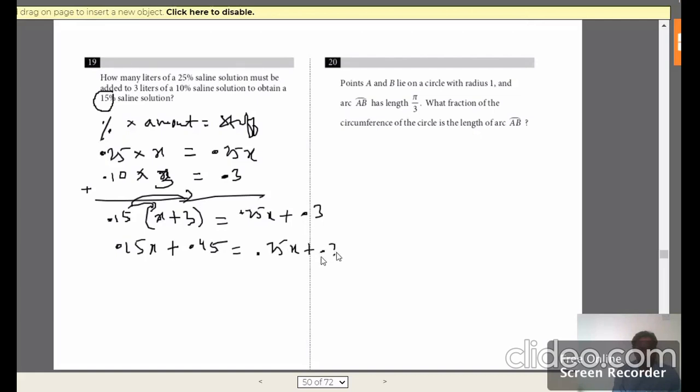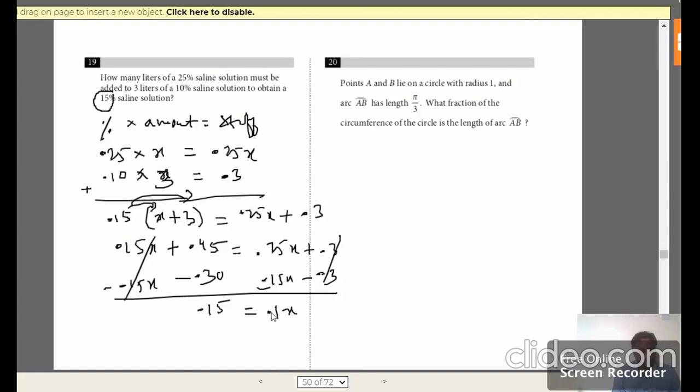It's like an equation wherein you have like terms. So if I subtract 0.3, what I'm going to get over here is 0.15, and then if I subtract 0.15x from both sides, this will cancel out, and what I'm going to get is 0.15 equals 0.1x. So in order to get the final value, multiply by 10 to get the value of x, which gives me x equals 1.5.